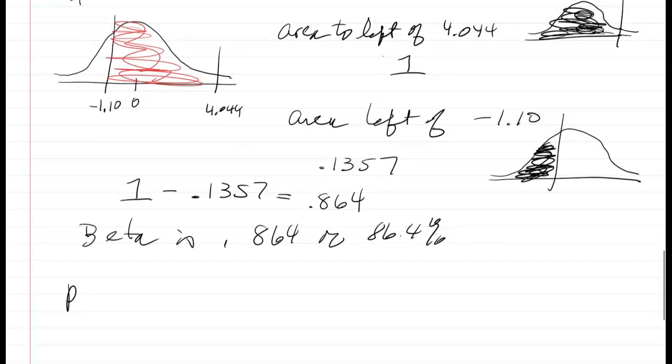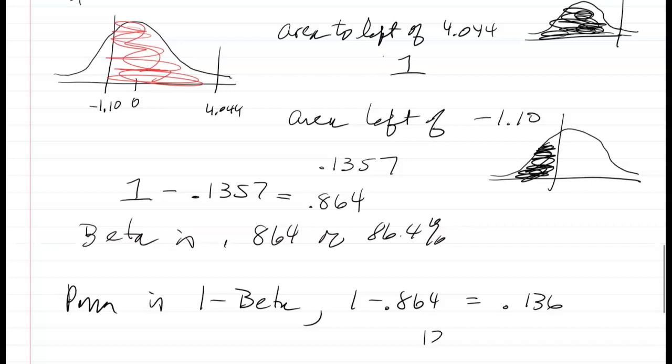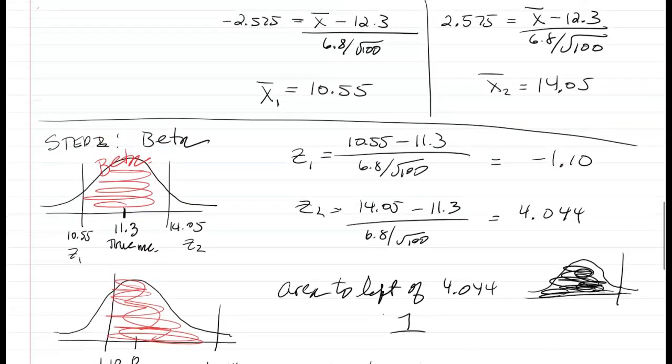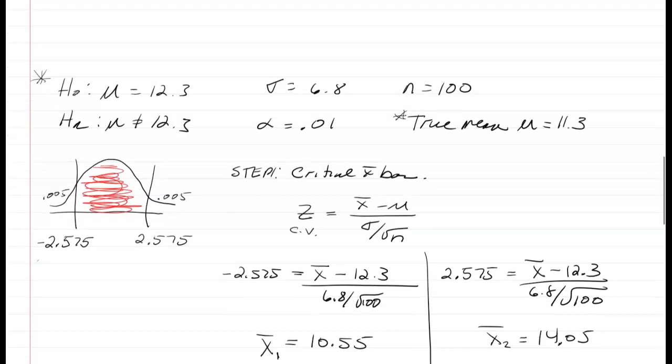And then, of course, your power. What is the power of this test? It's 1 minus beta, which is 1 minus 0.864. That's going to be 0.136. So your power, it's not a very powerful test. The reason being, when you think about it from the very beginning, that 11.3 is really far off from our true mean of a